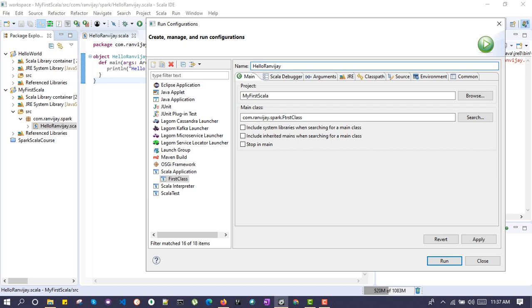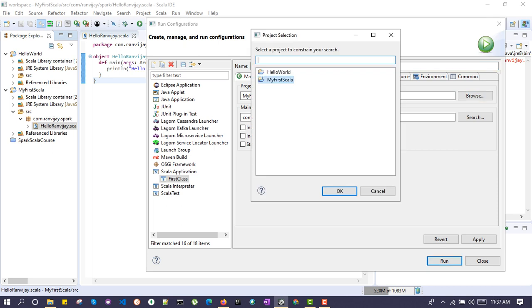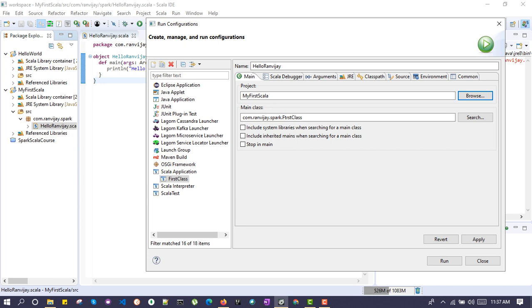The project is my first Scala. Let's browse my first Scala, and we need to find our main class. The main class can be found through com.ranvijay.spark, but the name of the object is Hello Ranvijay, so we need to change this one to Hello Ranvijay.